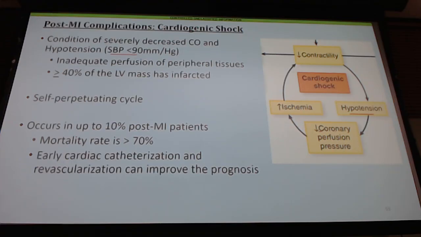Well, that's going to lead to even more ischemia, which is going to lead to even more cell death, which then further damages my contractility, and that decreased contractility further perpetuates that I can't provide an adequate cardiac output, so my blood pressure starts to drop, I reduce my coronary artery perfusion, which then increases my ischemia, which then, and you can see how this self-perpetuates. This is like a death spiral for your patient. And you can see, 70% of your patients with cardiogenic shock are going to die.